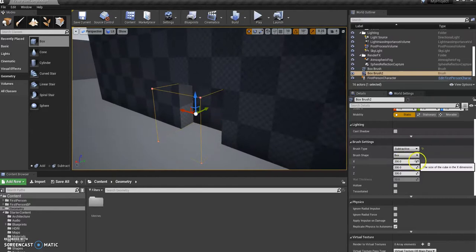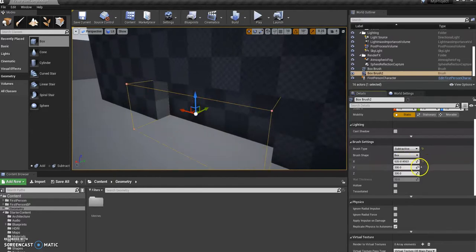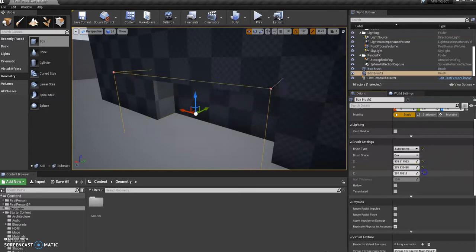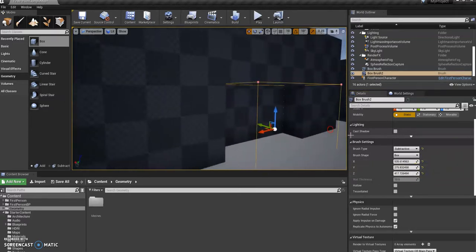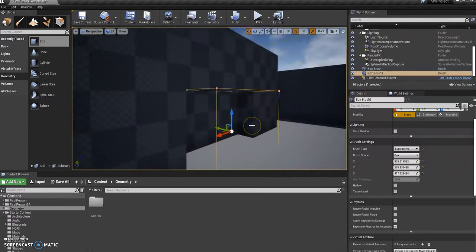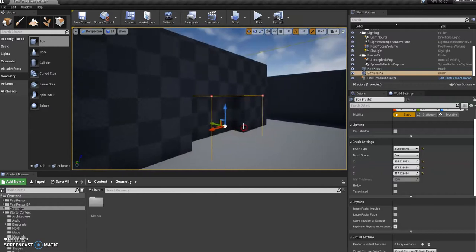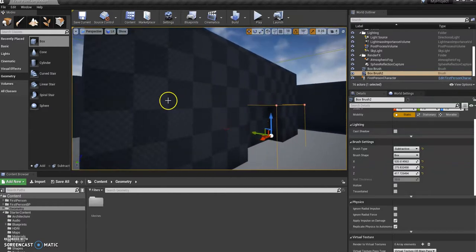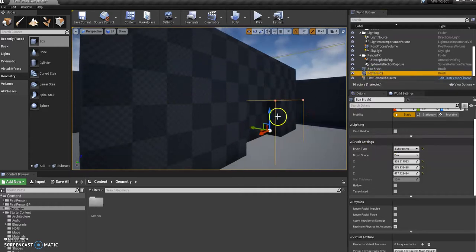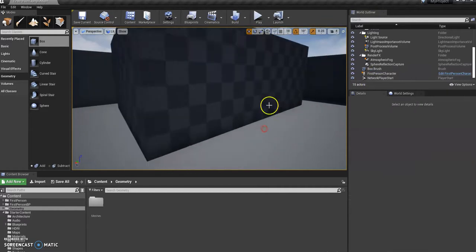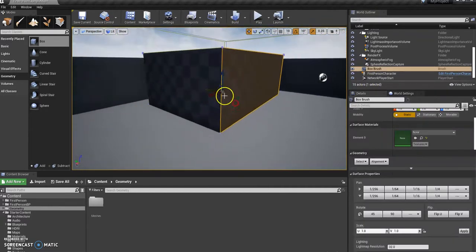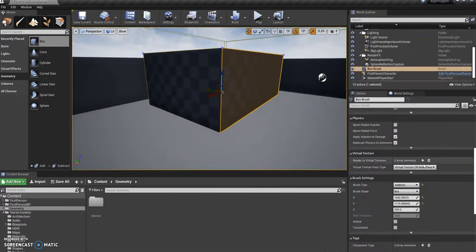And if I make that wider, make it higher, you can see that it can cut out of things like that. So you could use that to edit geometry if you wanted to do it in that way. But what we need to do is make this box something that we can walk inside. So I'm just going to delete that one that I made, select this one,